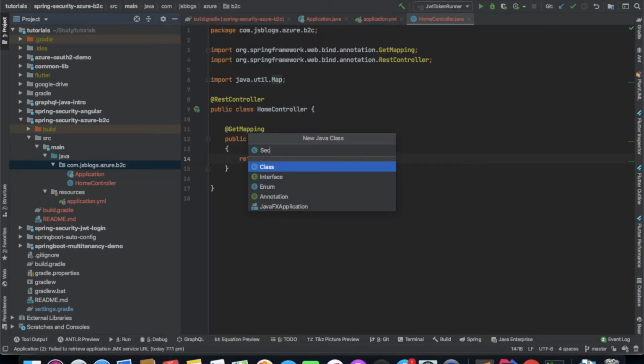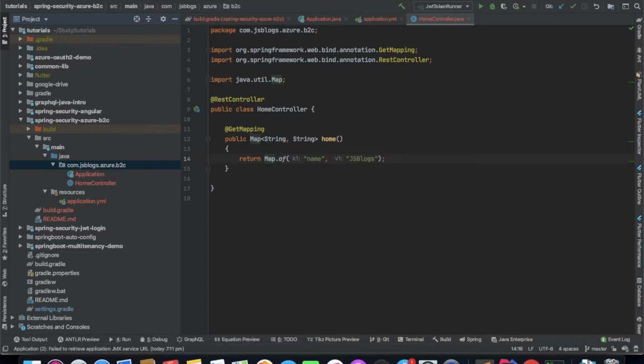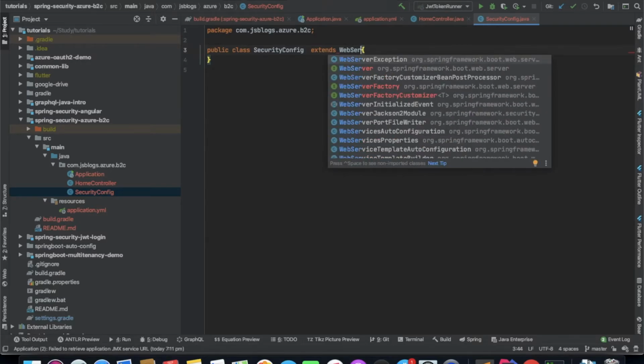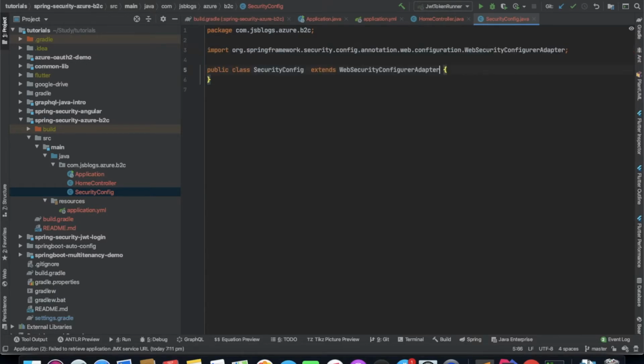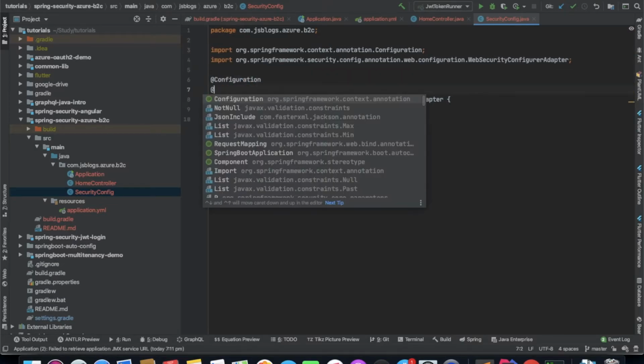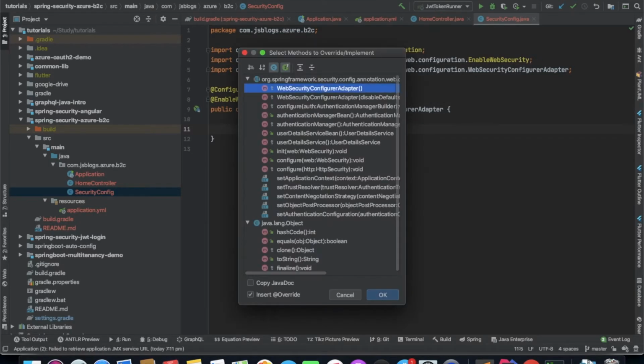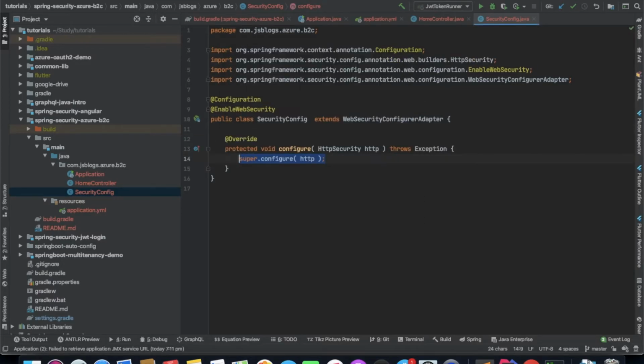Create a security config, and I'll extend WebSecurityConfigurerAdapter. I'll mark this as a configuration and enable web security. I need to override one method, which is basically configure. I'll configure this HttpSecurity, so http.authorizeRequests().antMatchers